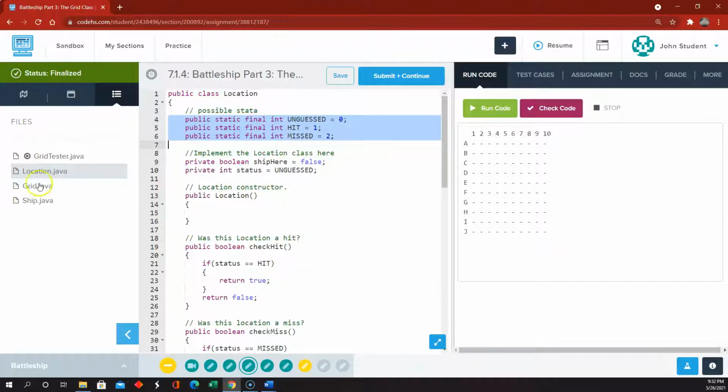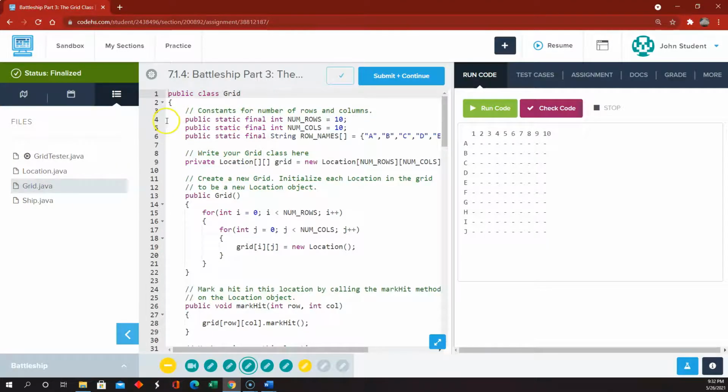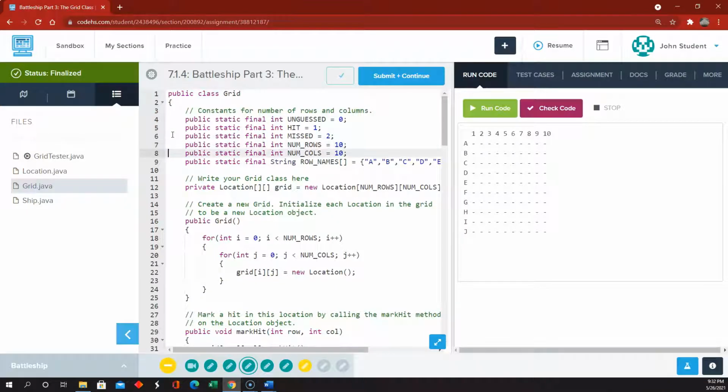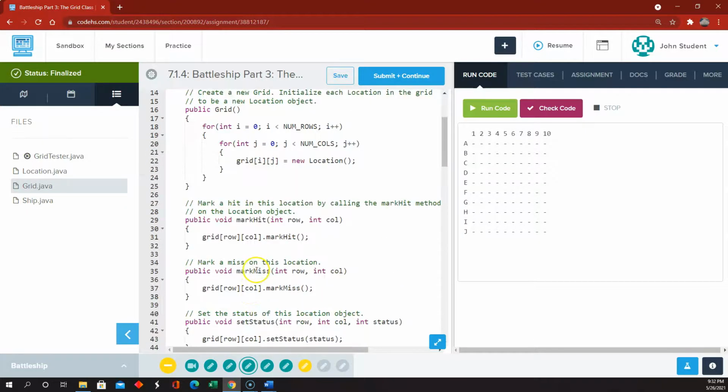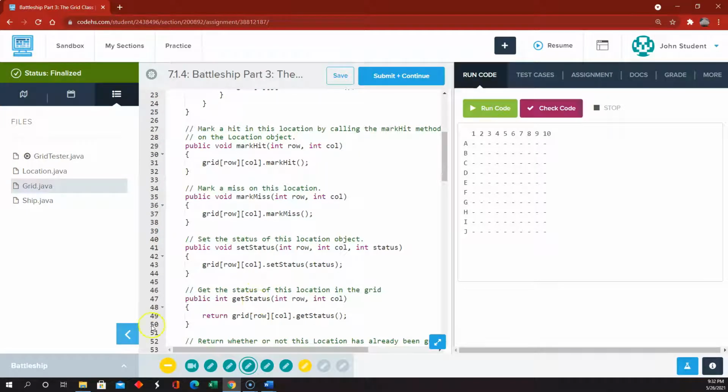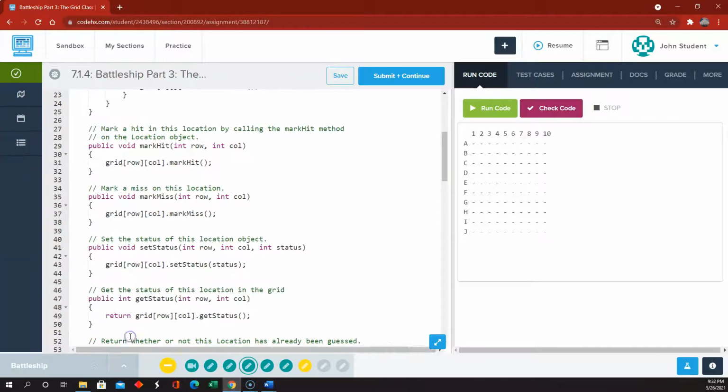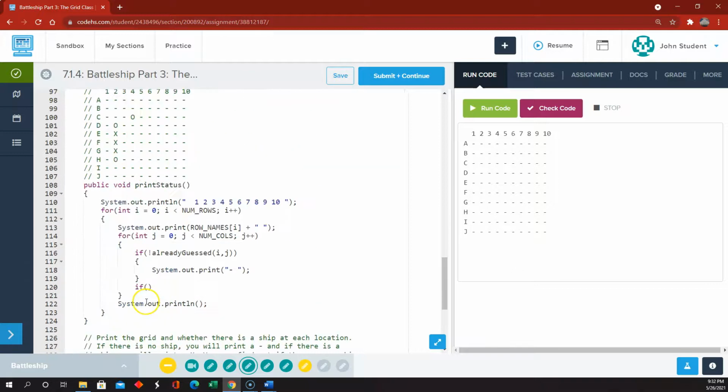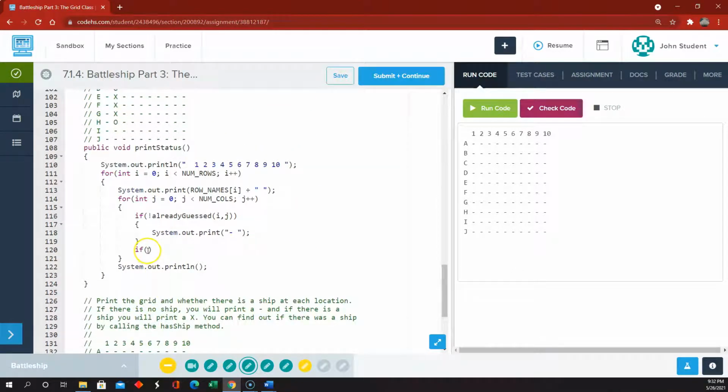If we had some of those constants over here, that would be kind of sweet, because then we could say if the get status, so if get status of this row and this column, if that is a hit,